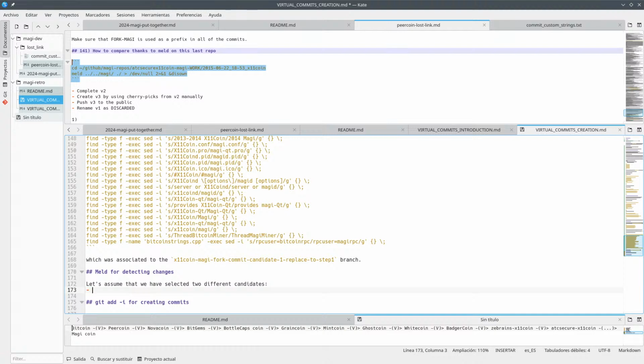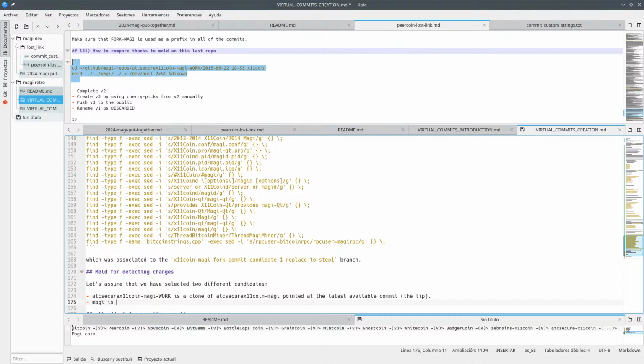ATC secure X11 coin Machi work is a clone of a repo pointed at the latest available commit, the tip. Okay. Then